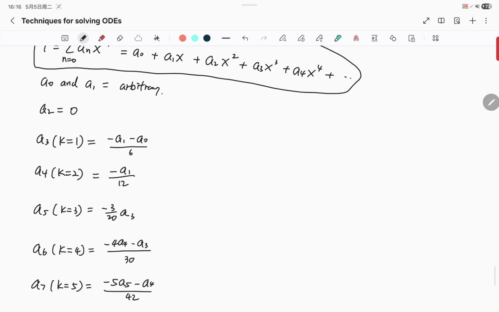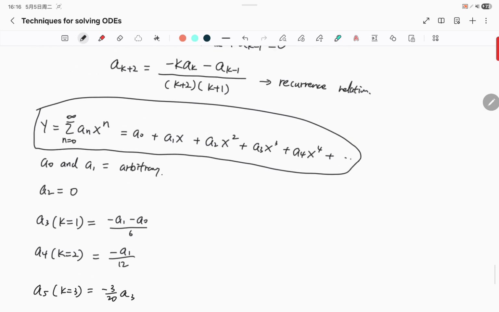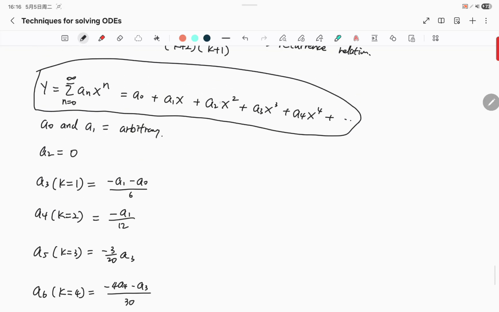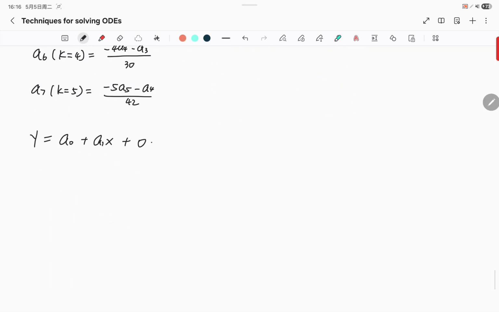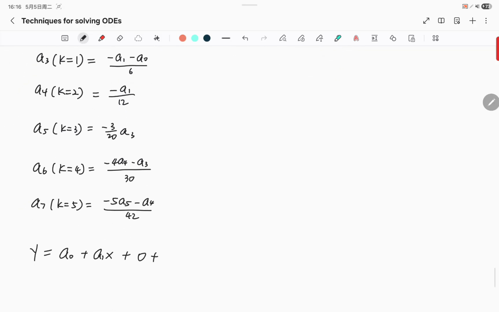So a0, well, arbitrary, copy that. A0 plus a1 x, a1 is also arbitrary, plus a2 x squared, a2 is 0, so we can skip it, plus now we have a3 x to the 3, a3 is this,